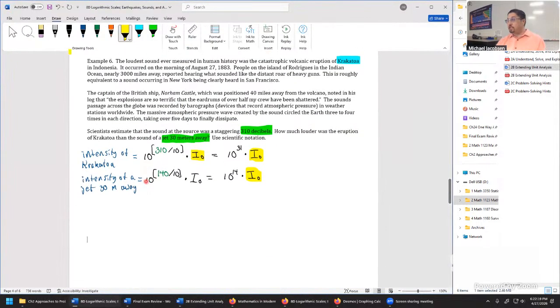So putting this all together, here's what we're going to get. Our computation goes 10 to the power 31 times I naught, being divided by 10 to the power 14 times I naught. So the softest audible sound that we've been tracking very carefully, again, it's weird because it's a critical part of the formula, but in our computations, they cancel out for the problems being asked in my lab. So for the same kind of problem that could potentially be asked on the final exam, it's just gone after cancellation. So this just becomes 10 to the power 31